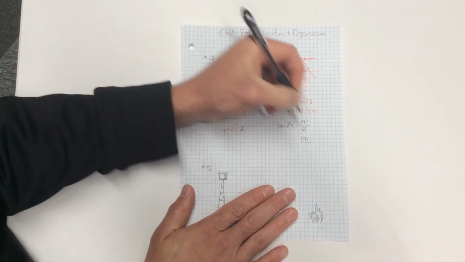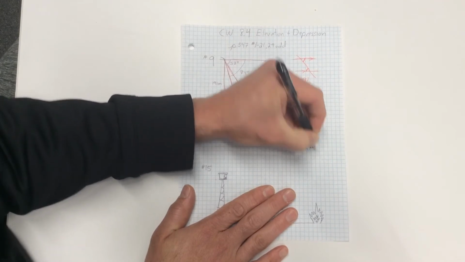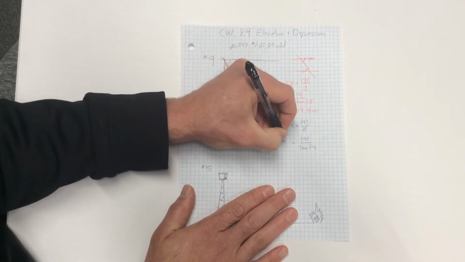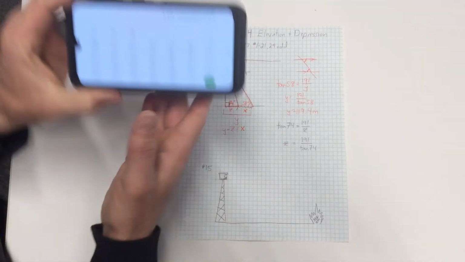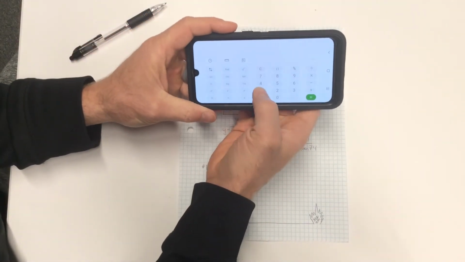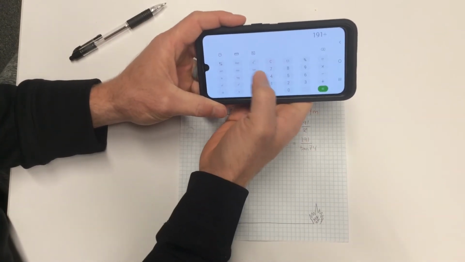Once you get comfortable with it, you're going to be so fast at these. You'll need to show your work, but you won't be able to move much more quickly. So it's the exact same problem. Now we're doing 191 divided by tangent of 74,